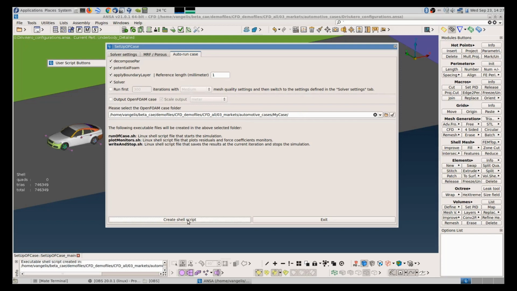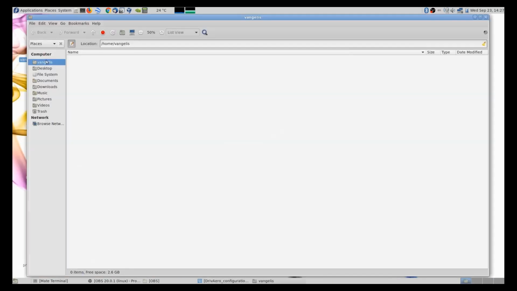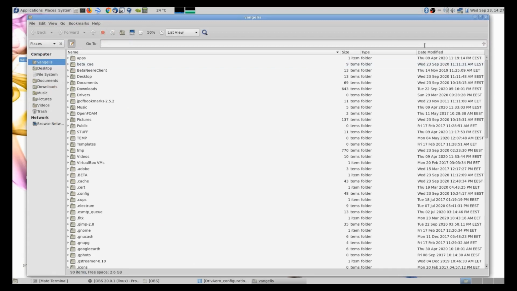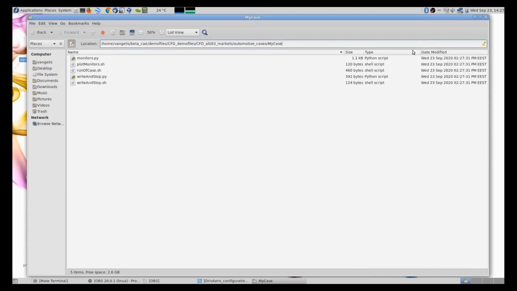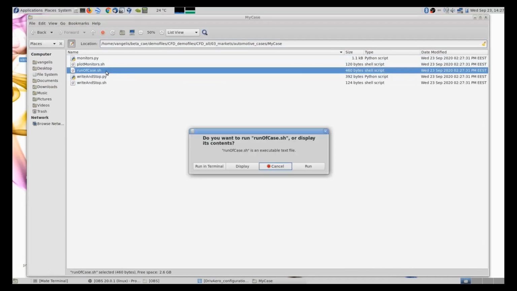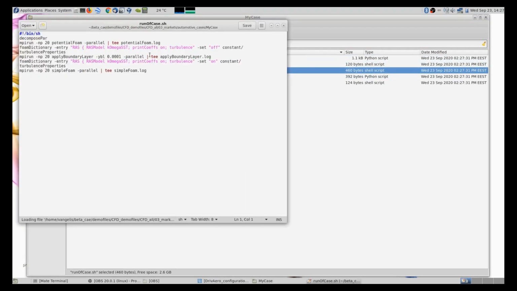You can say create shell script, and ANSA will generate in that folder all the scripts that are needed to execute the OpenFOAM case, which is to decompose, to run potential foam, apply boundary layer, and simple foam.